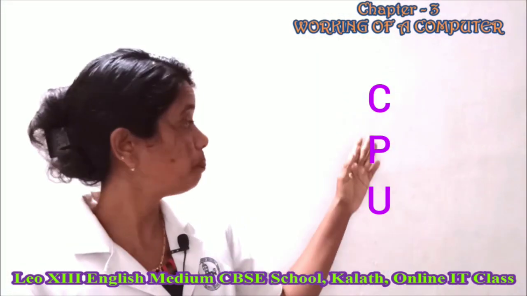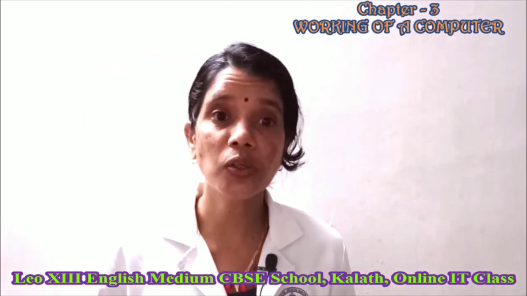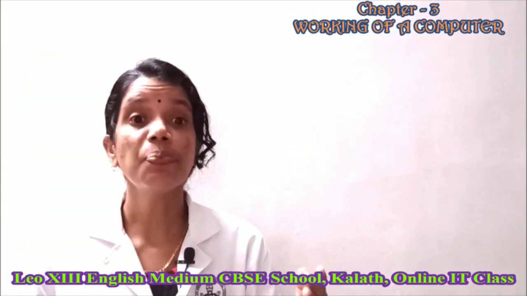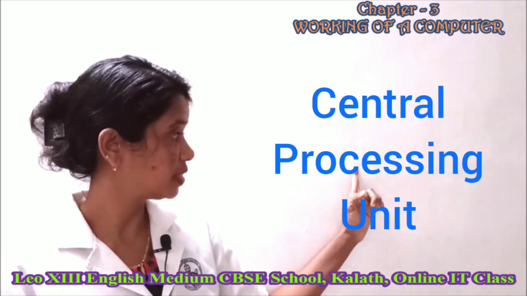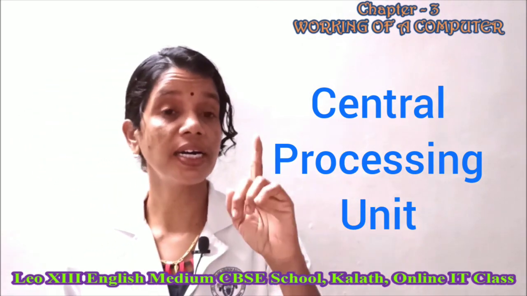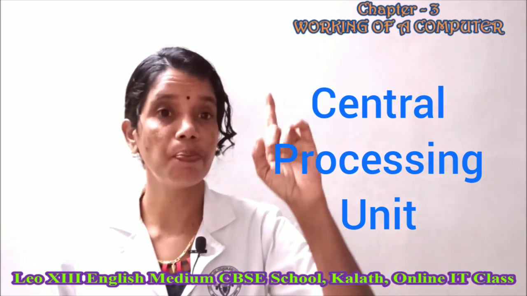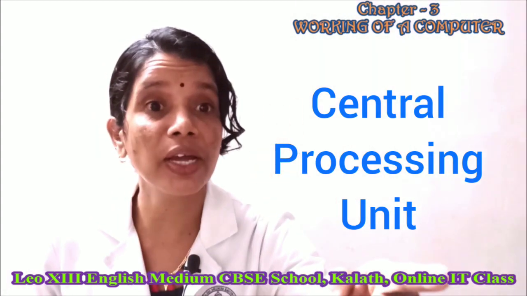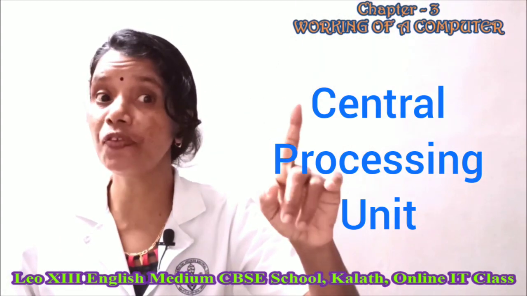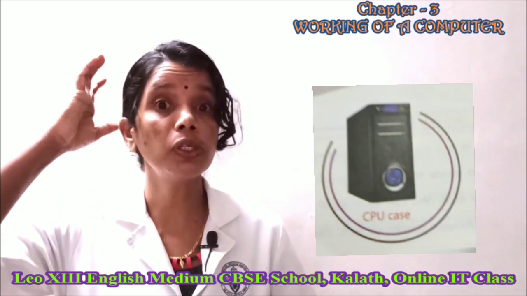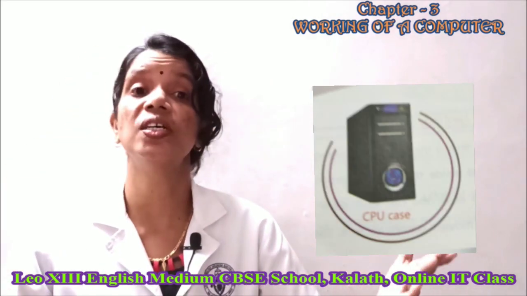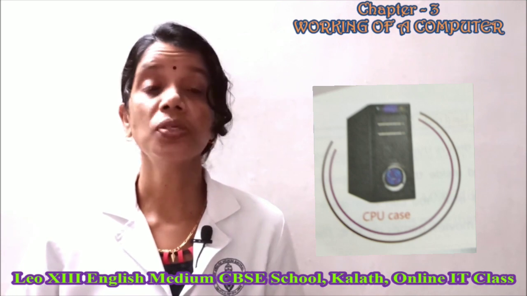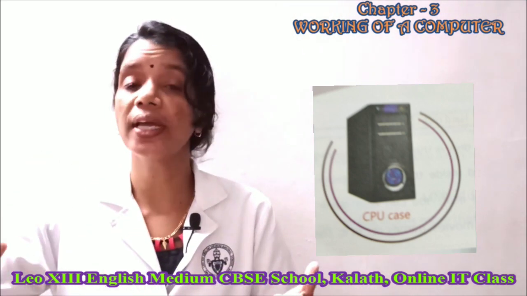The next is CPU. Have you seen a black box attached to a computer? That black box is known as CPU. CPU means Central Processing Unit. Don't forget, what is the full form of CPU? Central Processing Unit. It is the brain of the computer. Which is the brain of computer? CPU. Don't forget, CPU helps the computer to think and do all its works. It controls all the parts of a computer. CPU stores data in different storage devices.